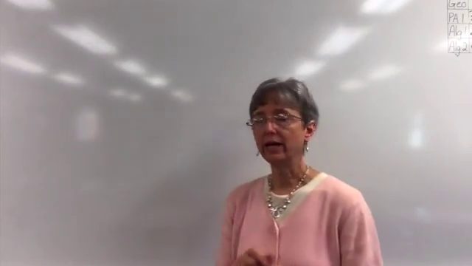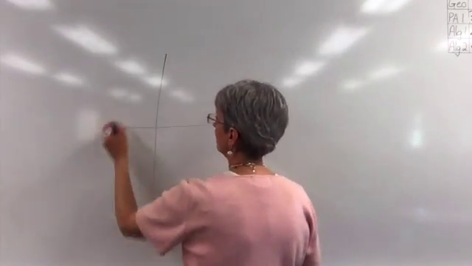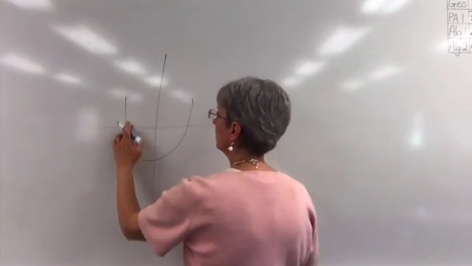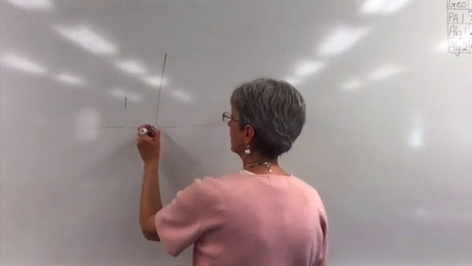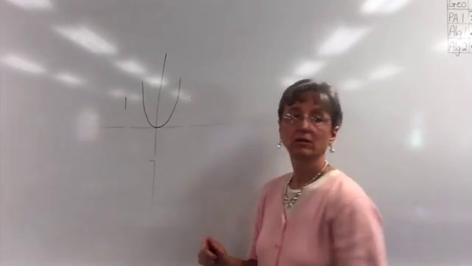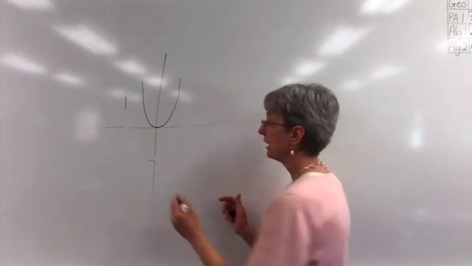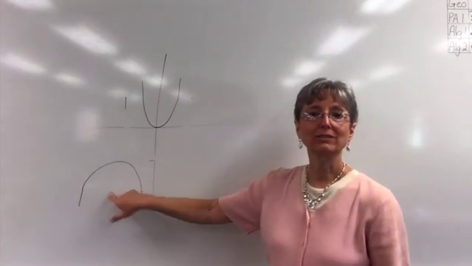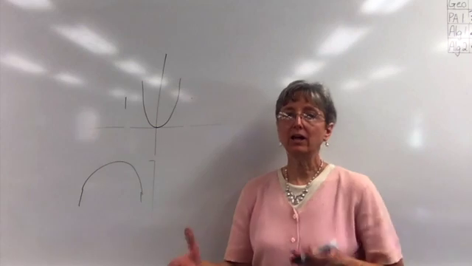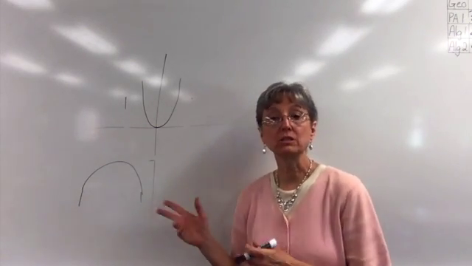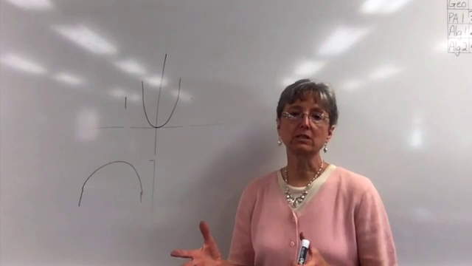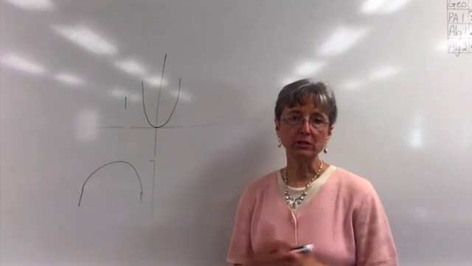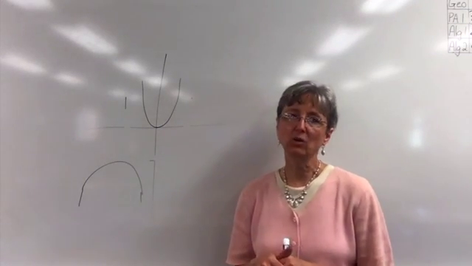If we have a quadratic, we could have two real zeros, two solutions, or we could have just one real zero like that, or it could be over here that it has no real zeros at all, never touches the x-axis at all. So how do you deal with how many solutions or how many zeros these kind of different polynomials have? Well, that's what's called the fundamental theorem of algebra, and I've already hinted at it quite a bit